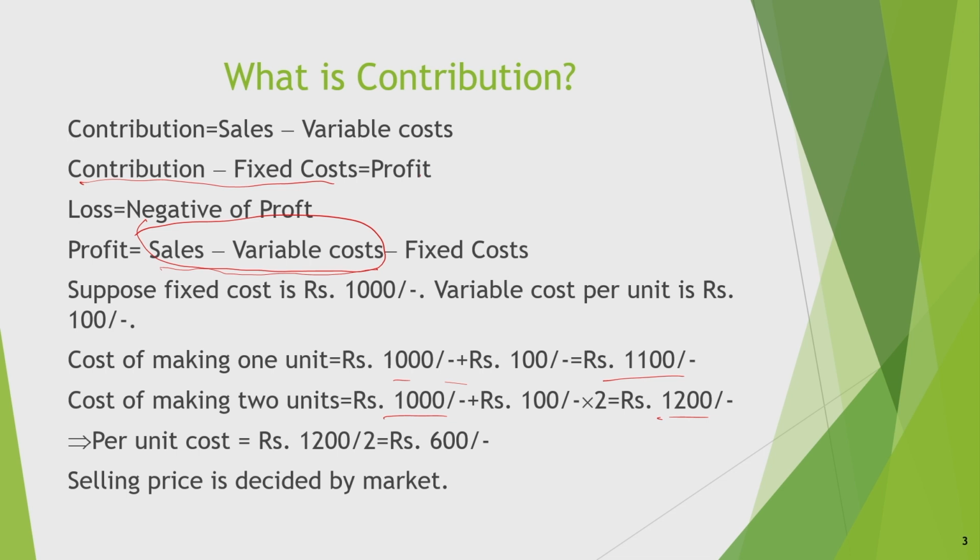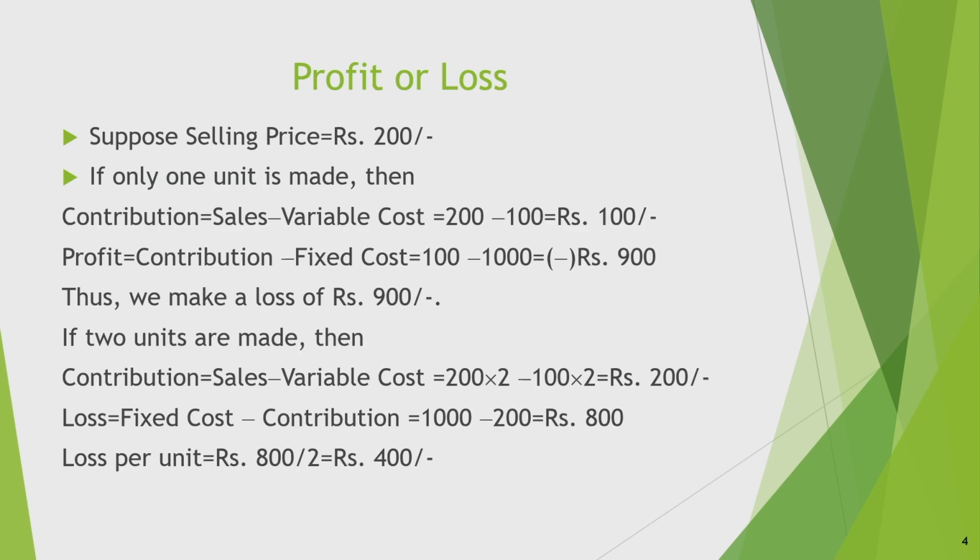Now at what price should I sell this? This will be decided by the market. If in the market it is available at 300 rupees, then you cannot sell it at 600 rupees just so that you don't get any loss. So suppose the selling price is rupees 200. If only 1 unit is made, then contribution is equal to sales minus variable cost. That means 200 minus 100 is equal to 100. That will be the contribution. And profit will be contribution minus fixed cost. That means 100 minus 1,000 is equal to minus rupees 900. So we make a loss of rupees 900